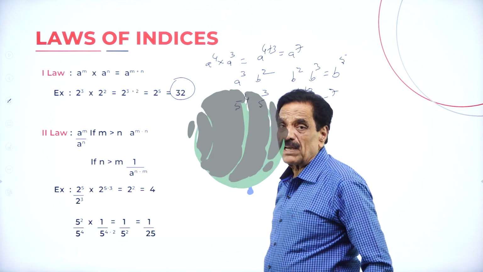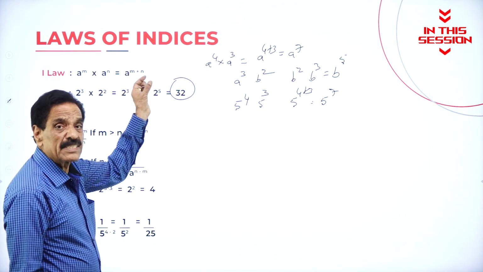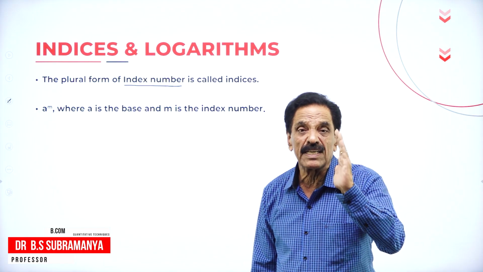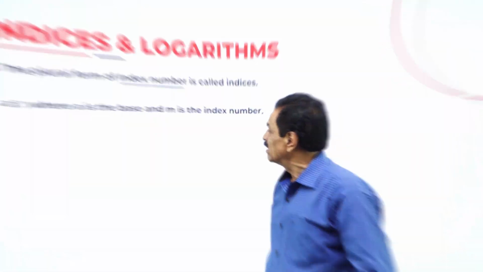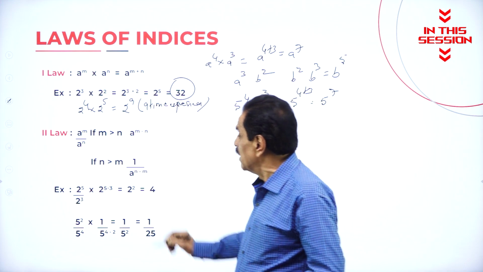So here common base is there. When you have a common base, we can equate the index number. What is indices? The plural form of index number is called indices. For the second law, a to the power of m divided by a to the power of n, if m is more than n,